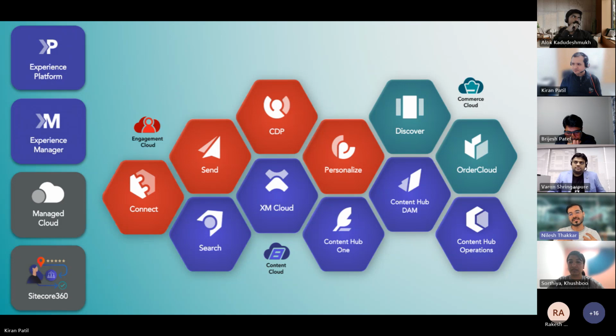And that's why Sitecore comes with composable, because Sitecore never says that you must buy all our products, right? It's composable, so you can have XM Cloud and any other commerce, and you can seamlessly integrate. Similarly, you can have Sitecore XM Cloud, CDP, and maybe for a DAM you can integrate with any other product.